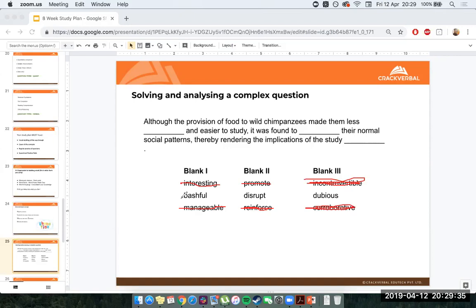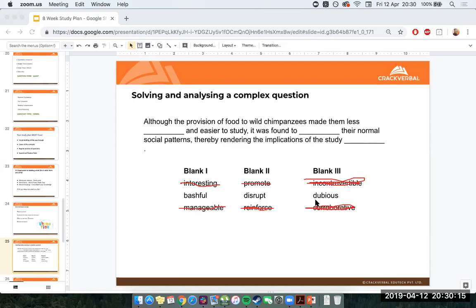Another takeaway, because I'm being so generous here, is that the word dubious, I explained how that comes from doubt. This is a good example of how maybe you didn't know what dubious meant, but you've seen the word doubt before, and you think, okay, maybe dubious means doubtable, which is not a word. Dubious is the actual word. But it could be something to do with doubt. And this is a good example of how learning vocab through root words, through making connections rather than simply learning a list, will help you get to the kind of vocab knowledge that you need in order to answer these questions.